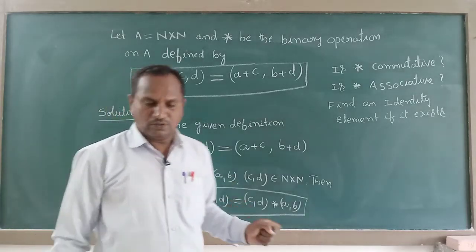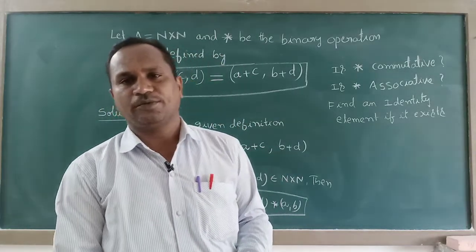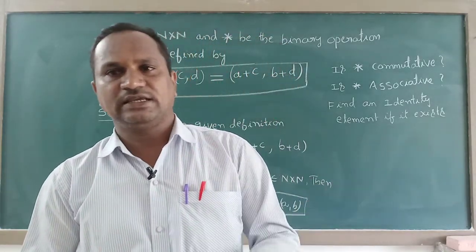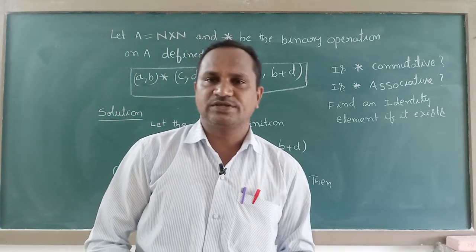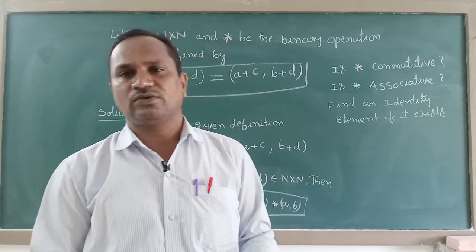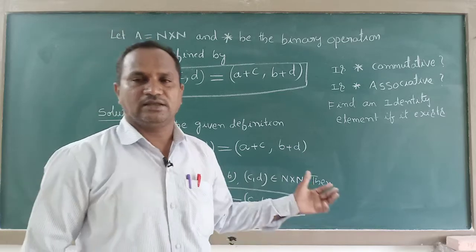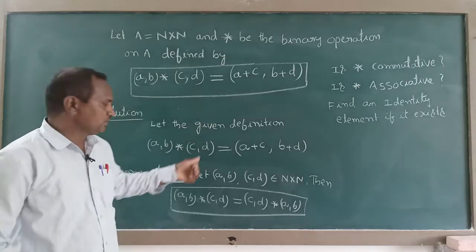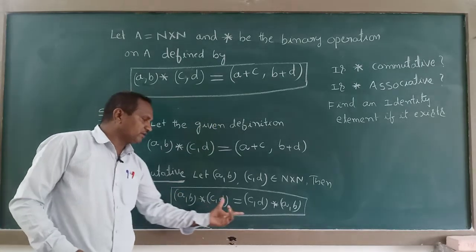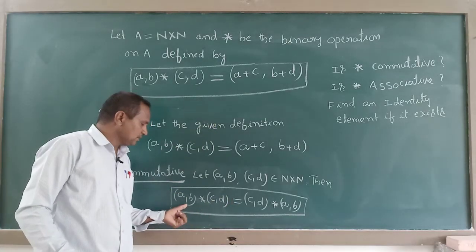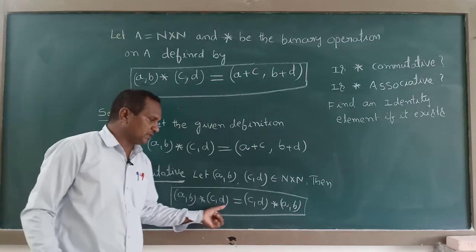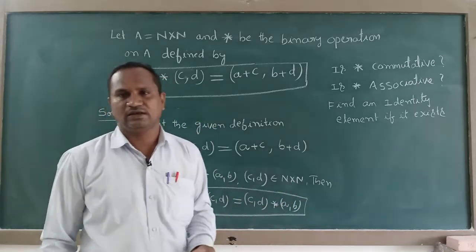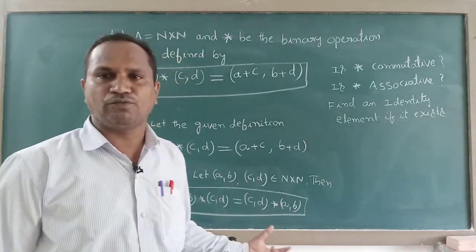That is, we have the formula of the commutative property. Let A comma B belong to capital S, then we must get equality of A star B and B star A. That is, A star B is equal to B star A. But here they gave the question on the set of all ordered pairs. So we must get equality in this way, that is, A comma B star of C comma D is equal to C comma D star of A comma B. We should get equal. Now let us give the proof for that.